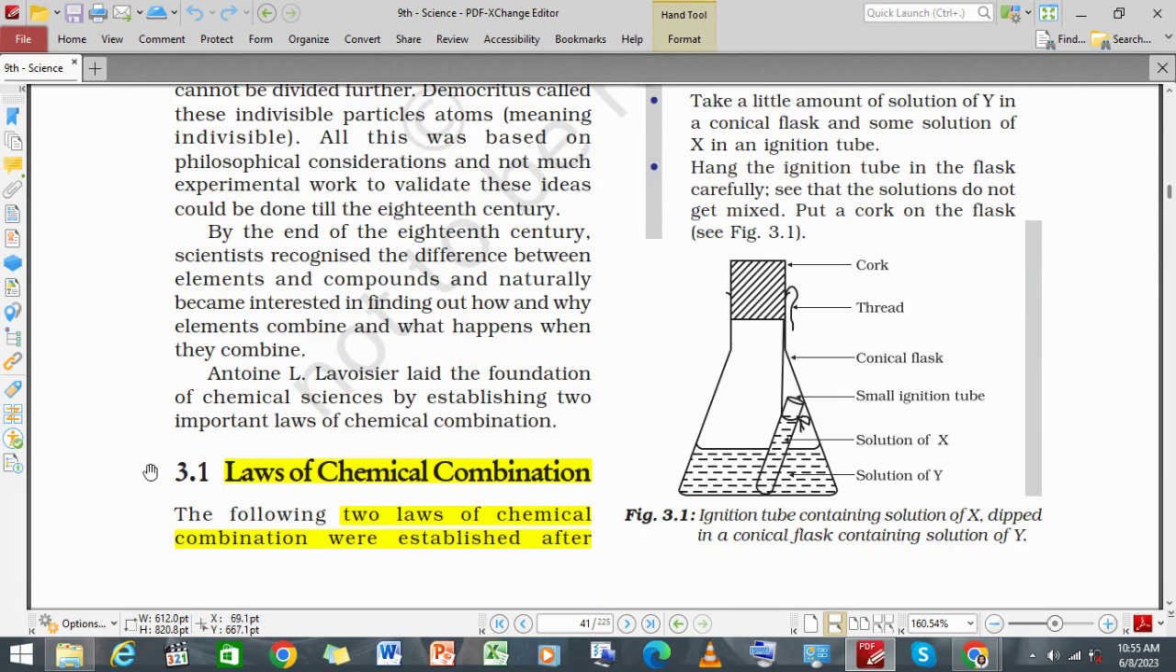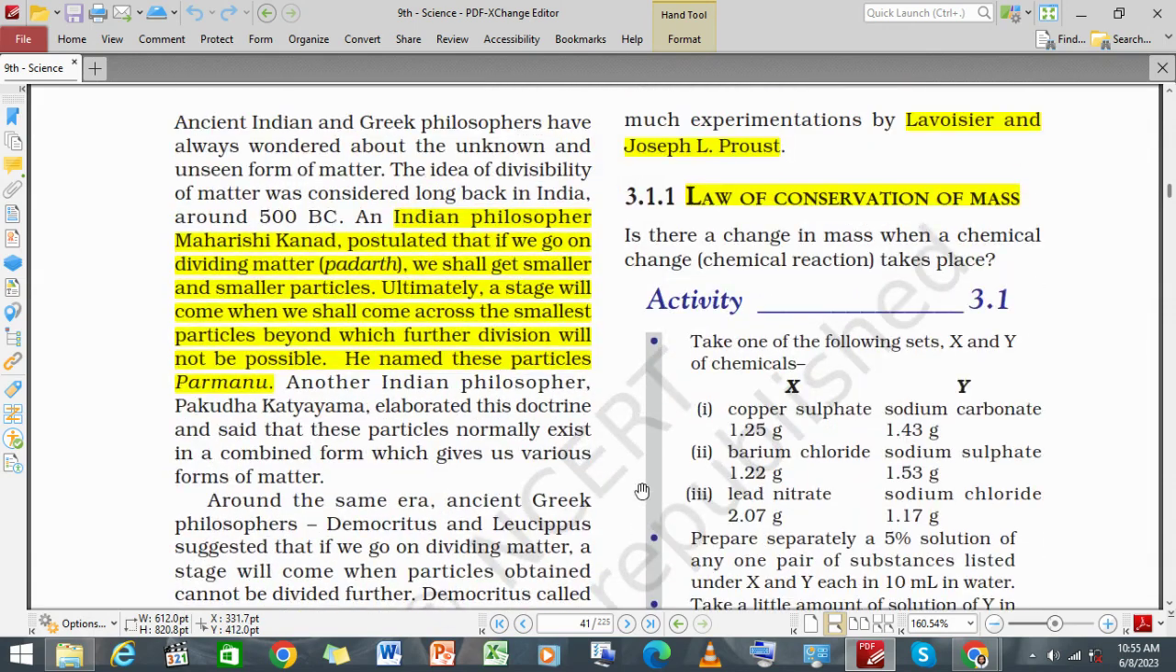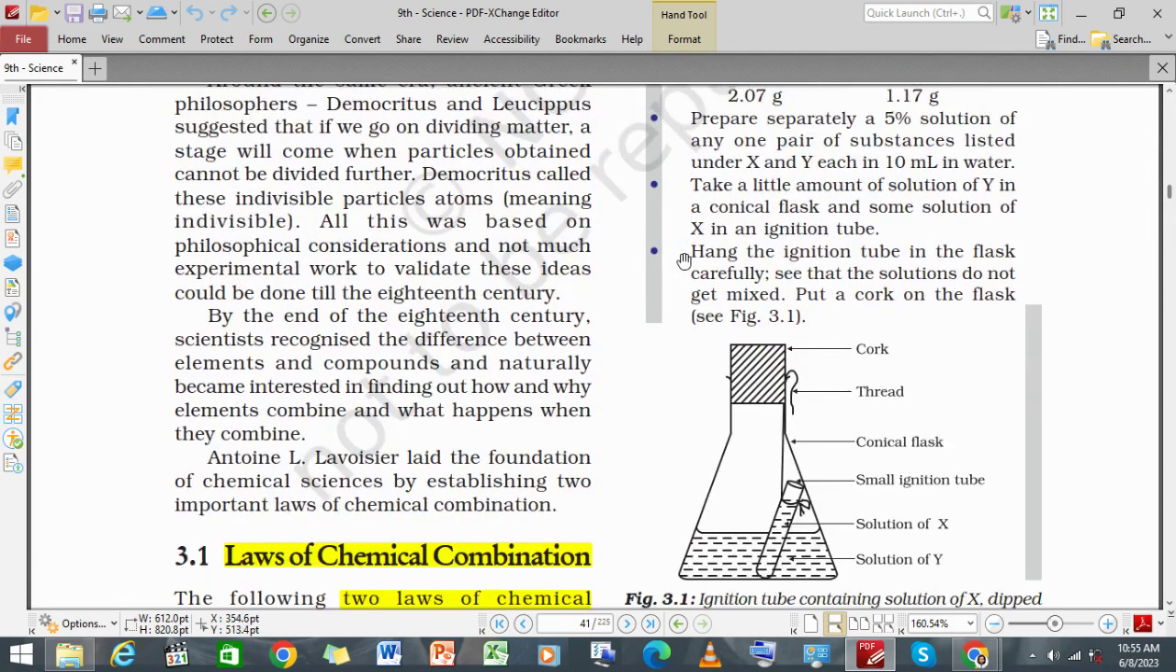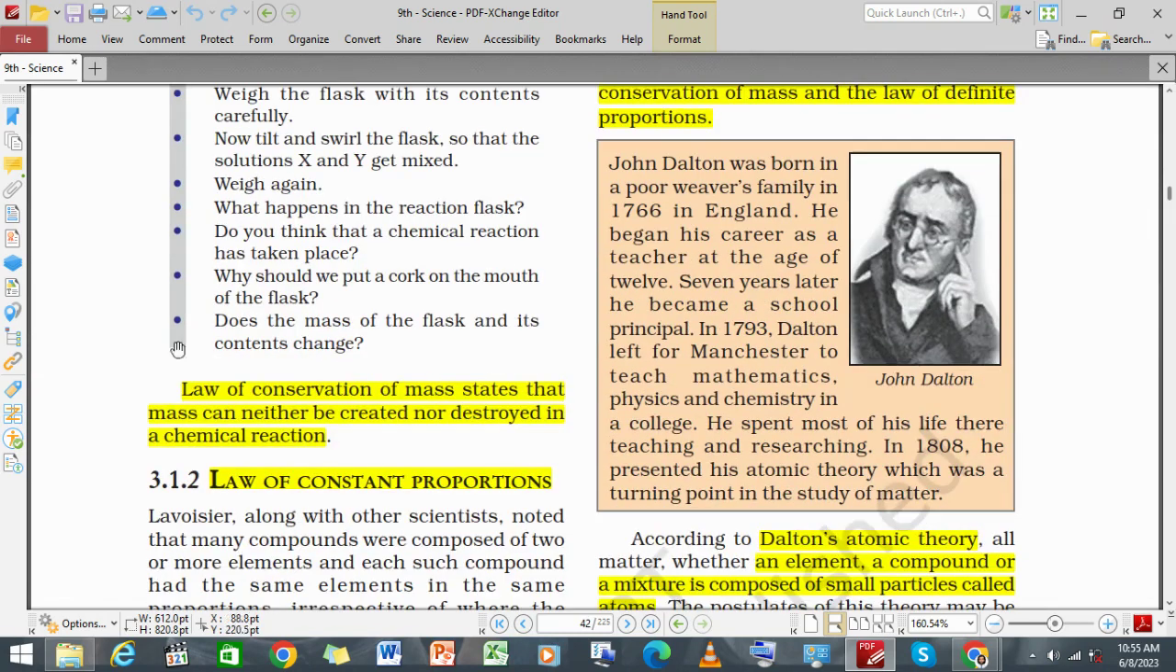Alright. Now, what is the law of chemical combination? Two laws of chemical combination were established after Lavoisier and Joseph L. Proust. Now, law of conservation of mass. What do you mean by that? Let's move forward. Law of conservation of mass states that mass can neither be created nor be destroyed